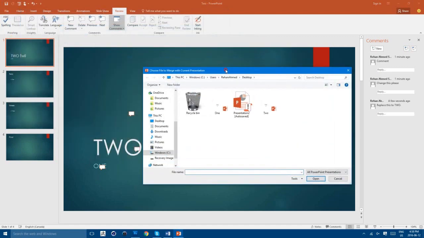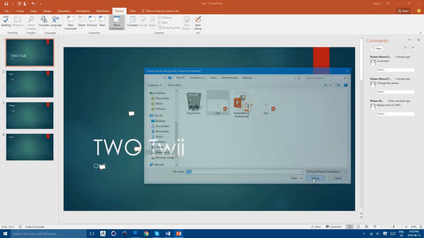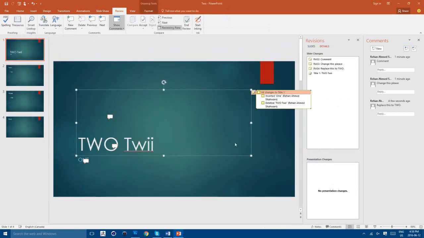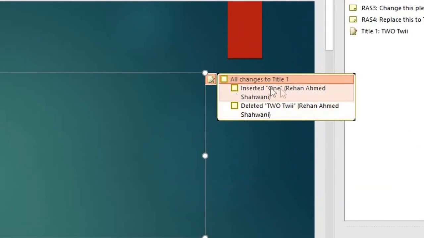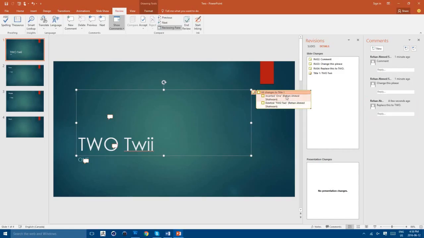And when you click on compare, it will give you an option to select the file that you want to compare it with. So I want to click on number 1, and I want to click on merge, and this will tell me where anything has been changed. So inserted 1 and deleted 2 and added TWII. Okay, so that just gives me